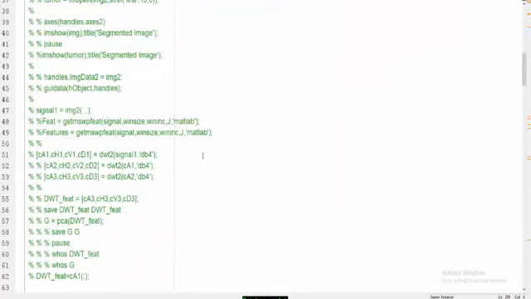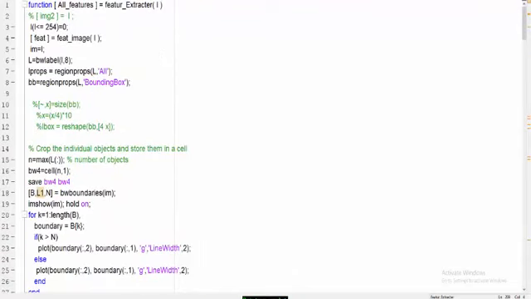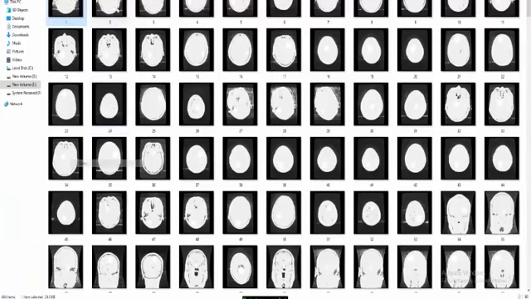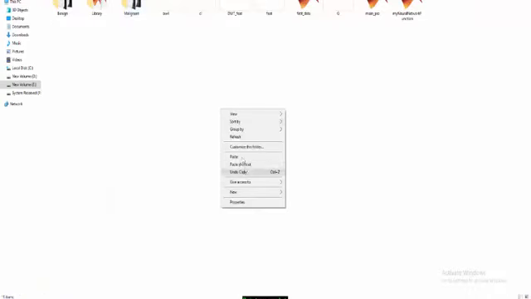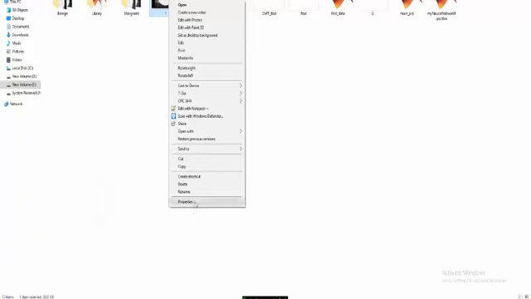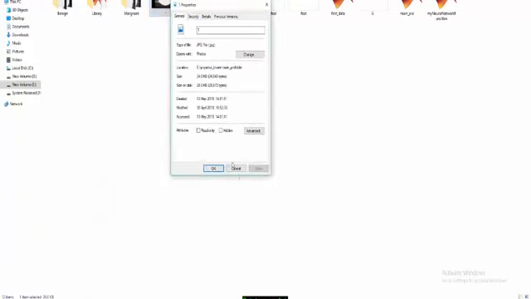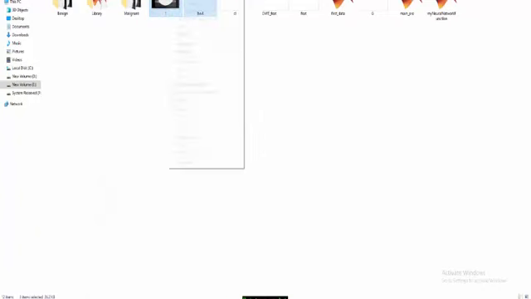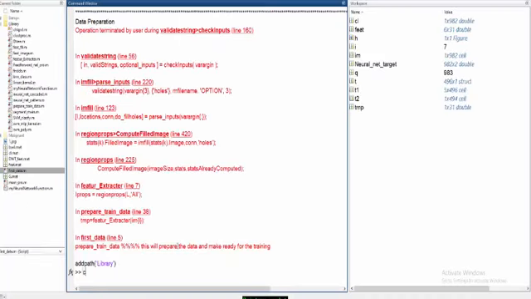If I run this program in isolation for a single image, you will understand it better. Let me read one of the images from a folder. Let me copy one image into the main folder. It's in JPG extension, so let's read this image and see what happens.